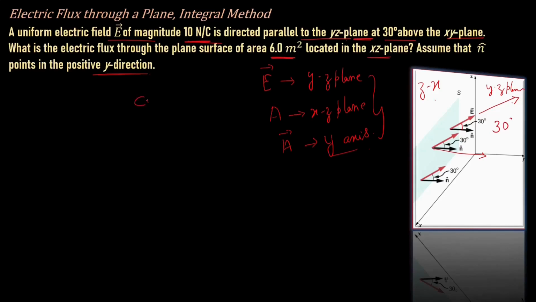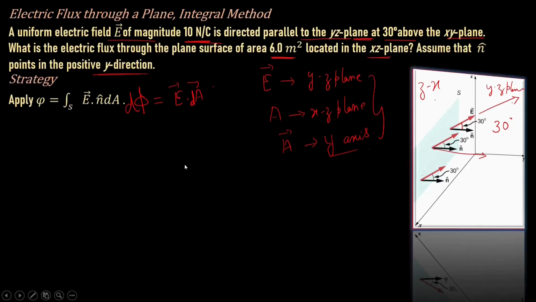So now the flux comes out to be again E dot A. This time the entire surface area is divided into small area elements, so we calculate for a smaller element, d phi equals E dot dA. If we keep integrating the flux over the smaller area elements, which formula will we be using? The surface integral of E dot n dA. For the first small area element we compute, then for the second, the third, and so on, and then we sum up the individual fluxes.